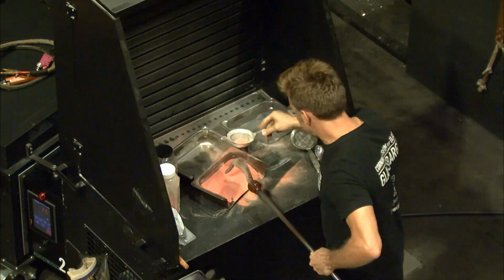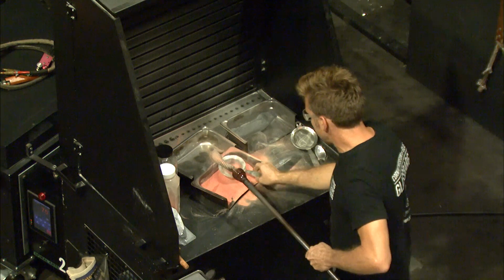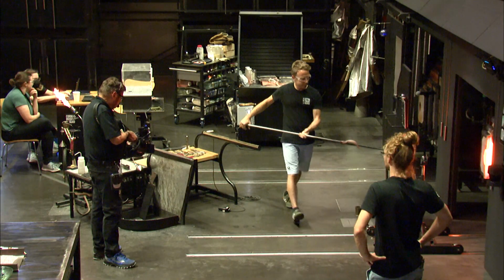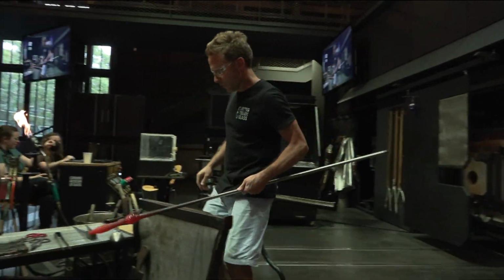So there Chris is adding some more color. The first layer of color that we added, we just rolled it through that form. But now that the form is a little bit bigger, it's got all that texture on the surface, if we were to just try to dab it in there, it really wouldn't stick evenly. We're not able to get the temperatures we need either to get that color to really stick to the surface in that fashion. So instead, he dusts it with the